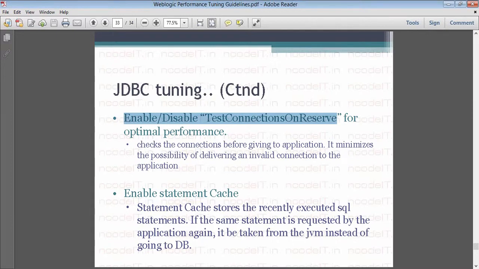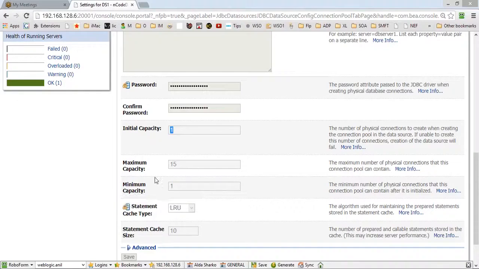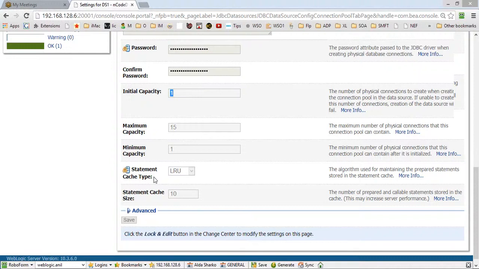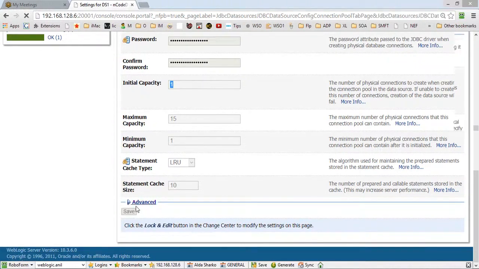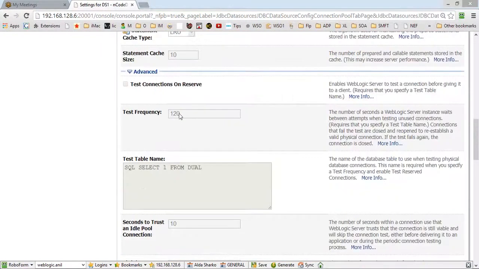Basically what it does is, if your application wants the connection to be tested before it's given to it, meaning a guaranteed working connection. Normally the connection pool does not test before giving it to the application. It simply does a periodic testing. If you go into advanced properties, it tests every 120 seconds,